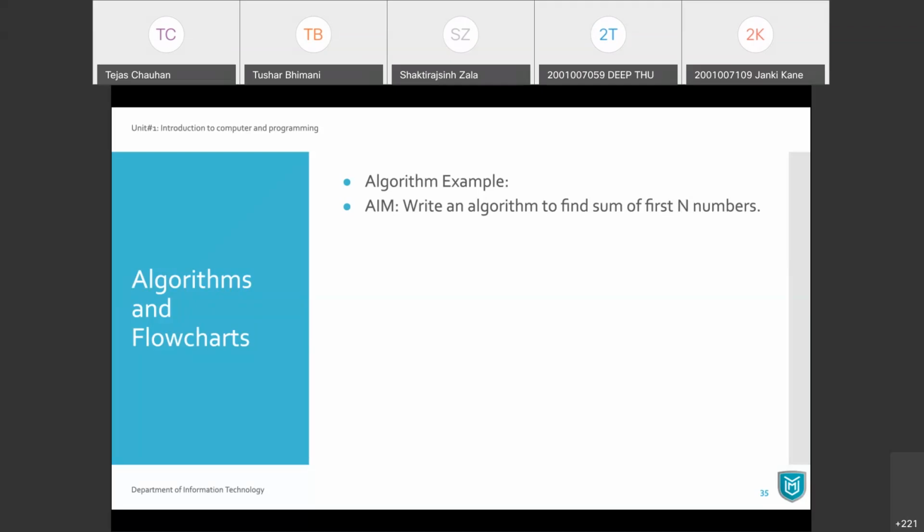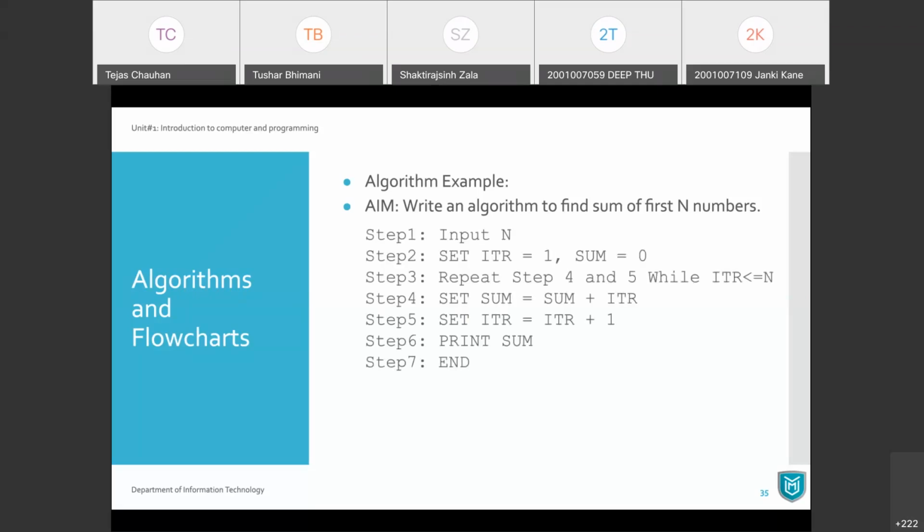Okay. So what we want to do here is sum the first n numbers. So definitely we need to loop, or iterate our process, from 1 to n. And every time, whatever the ITR is, we need to sum that ITR into some particular answer, right? We can achieve this with the same kind of algorithm that we had previously. But instead of printing your ITR, we sum it up here. That's the only change, right?